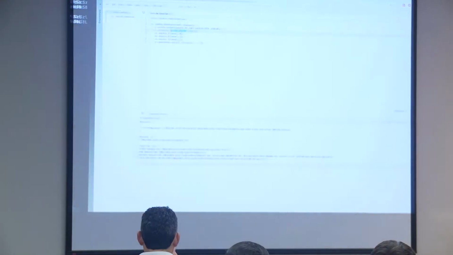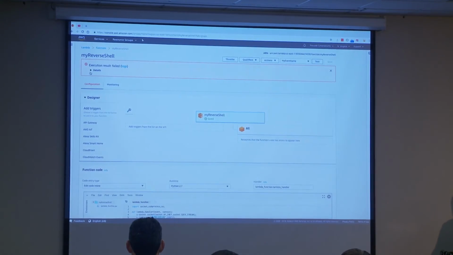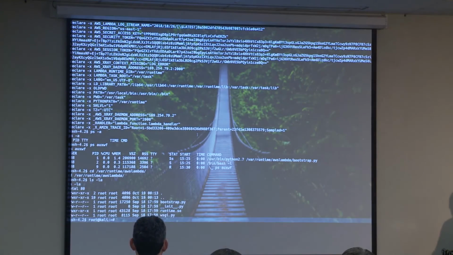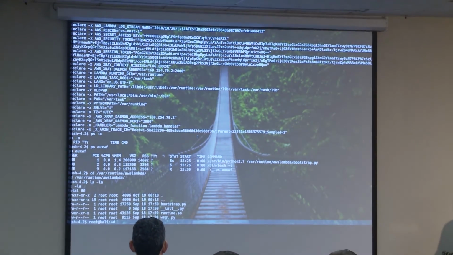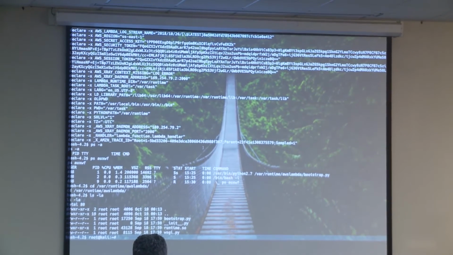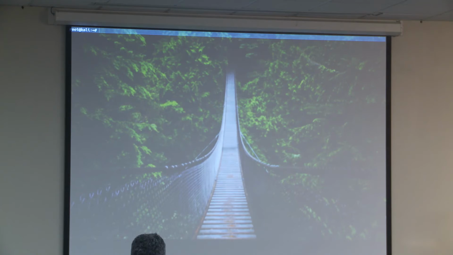So Lambda wrapped up. You can see here that it's going to say it failed, but it didn't. We had a shell. We were able to poke around and see what was running on the container. So I was able to pull down the bootstrap.py and runtime.so files. We'll take a look at those in a minute. So thank you, demo gods. That went well.